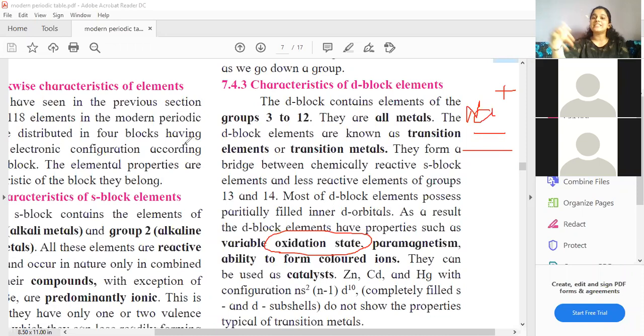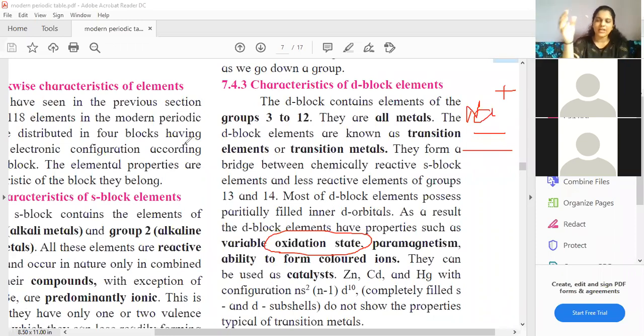So students, these are for S and P block. Now your D block elements can show variable oxidation states because of these inner filled orbitals. There is a large range of valence electrons. It can give away 1 electron, 2 electrons, 3 electrons, a lot of things can happen. It can give just 1 electron, or more than 1 electron. So it has variable oxidation states.